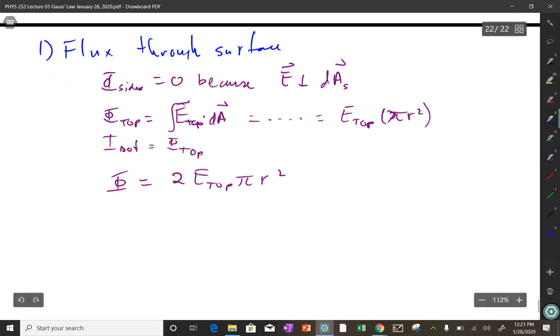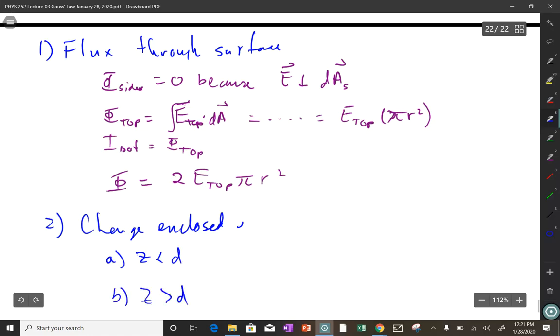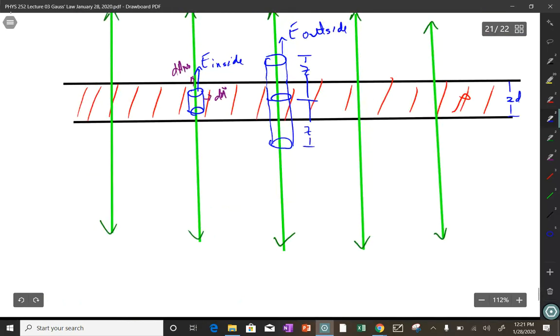All right. Then what was job 2? Find the charge. So the charge is going to be Q enclosed. So A for Z less than D. And for B, we'll do Z greater than D. So Z is how far? Z is this distance here, right? And so if Z is less than D, since we have a uniform charge density, the charge enclosed is